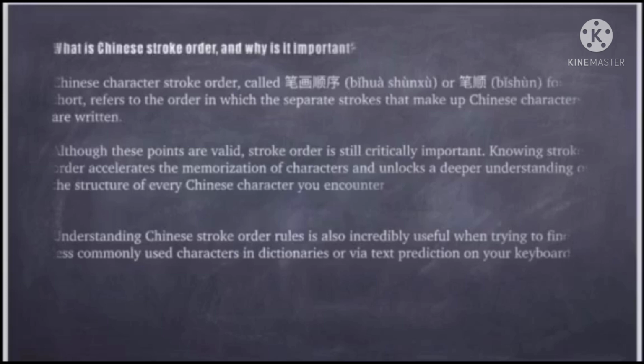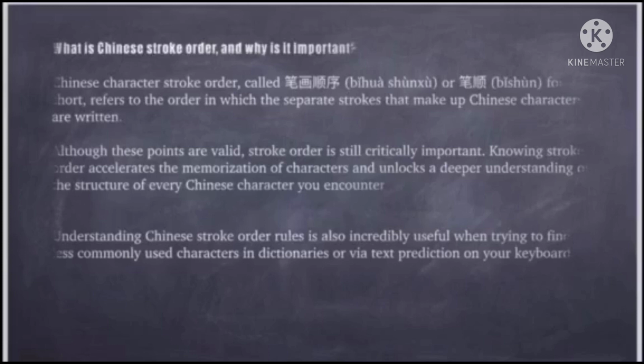Although these points are valid, stroke order is still critically important. Knowing stroke order accelerates the memorization of characters and unlocks a deeper understanding of the structure of every Chinese character you encounter. Understanding Chinese stroke order rules is also incredibly useful when trying to find